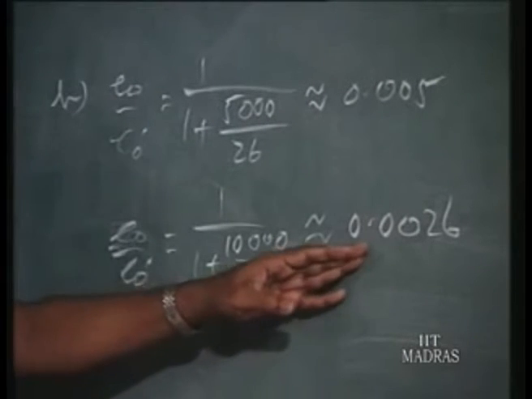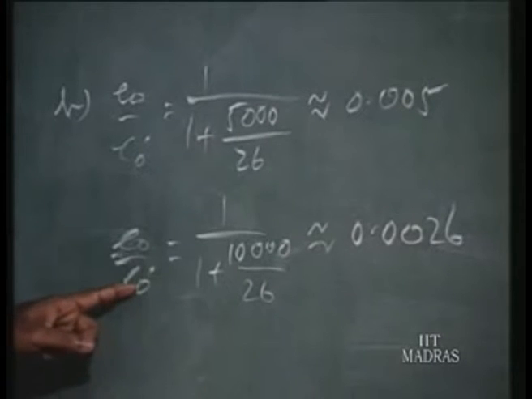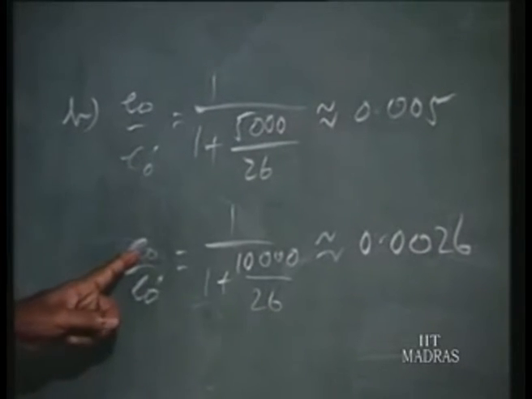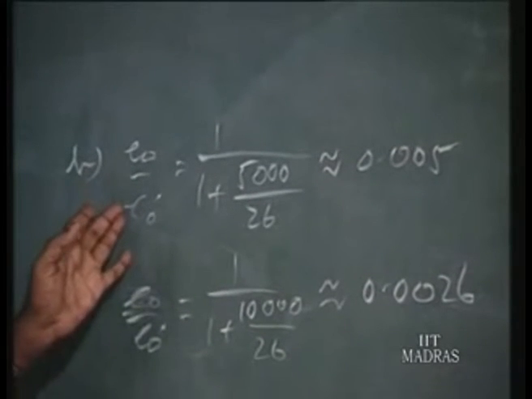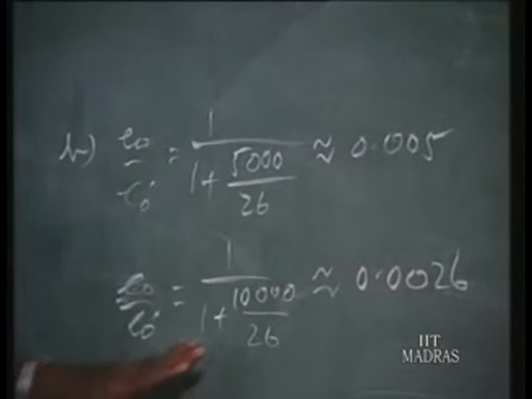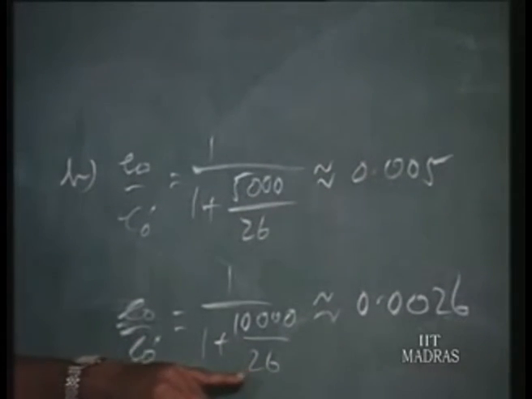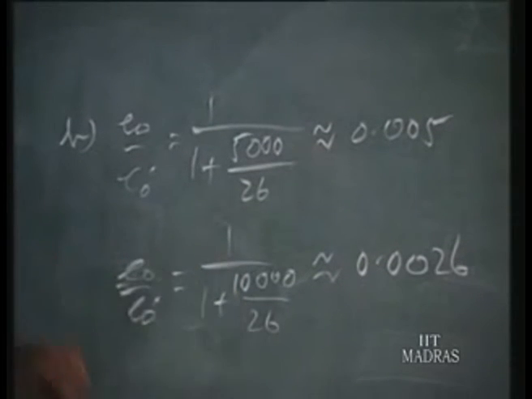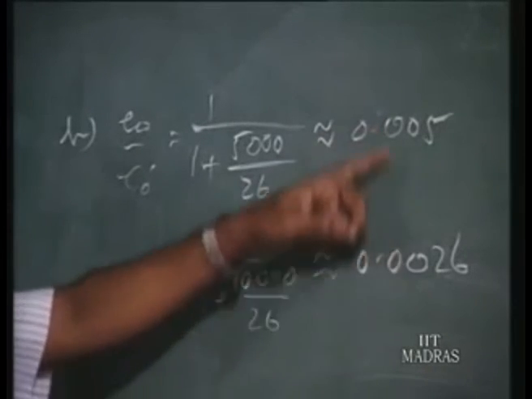So this also, if it is 0.2%, that is for 100 volt theoretical voltage, the voltage output will be only 0.2 volt. Previously it was 0.5 volt for 100 volt theoretical value. It is 0.2, still much reduced. So you find when the input resistance of the instrument is very, very small compared to the output resistance, the loading effect is enormous, and not only enormous, it is varying with wide limits.